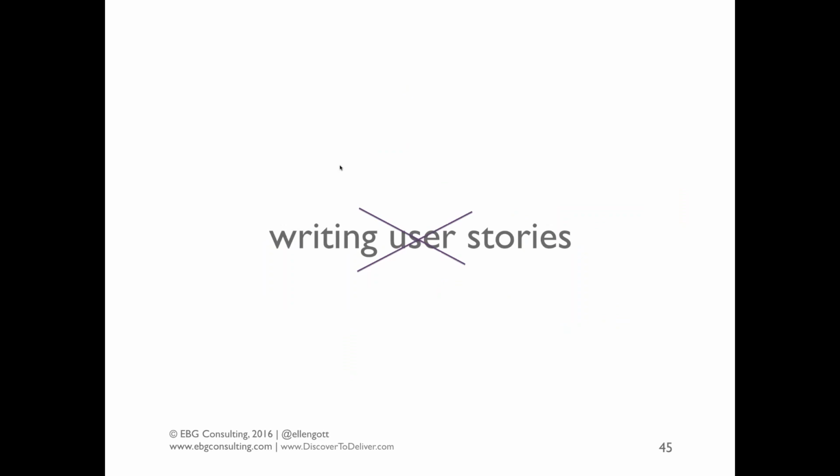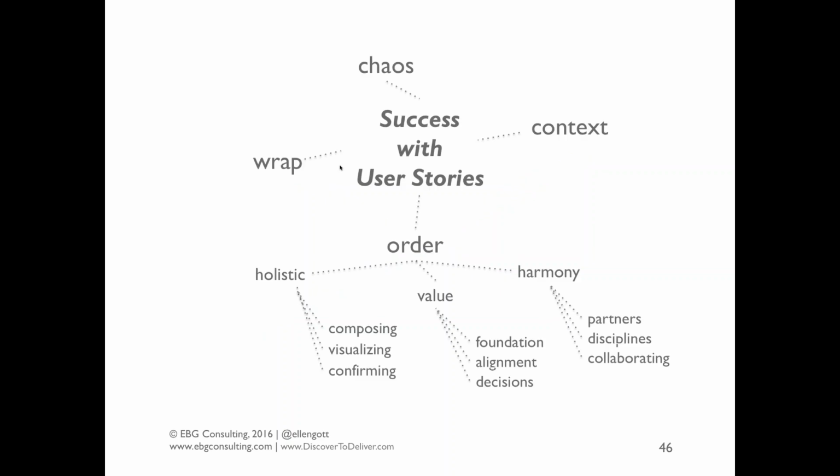So the point is not about writing stories. Stories are a byproduct of conversations. And being agile doesn't mean hurrying up and going fast. You're fast because you're agile. And that means not skimping on requirements, but focusing fiercely on the most valuable ones and discussing them explicitly, inclusively, and holistically. So we've talked about moving from chaos to harmony and making value your focus and exploring your stories